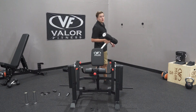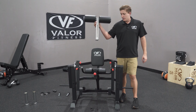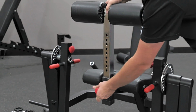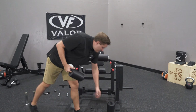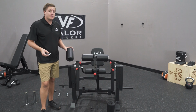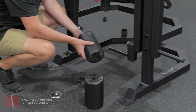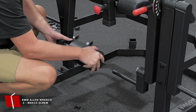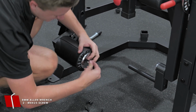So, once you have your T-bar secured, you're then going to slide him in the middle. We will do the same thing at the bottom with the foam pads and the chrome end caps. Take your ankle bar, slide him on, take your end cap and your M8 bolt,